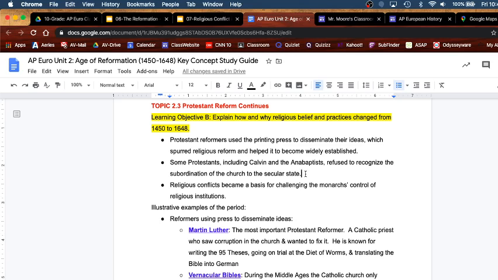So sometimes political authorities have problems with some Christians because they would rather follow the rules of God or the commandments of God over the rules or the laws of a country. And so you are going to get some of that confrontation that happens within European societies during this time.